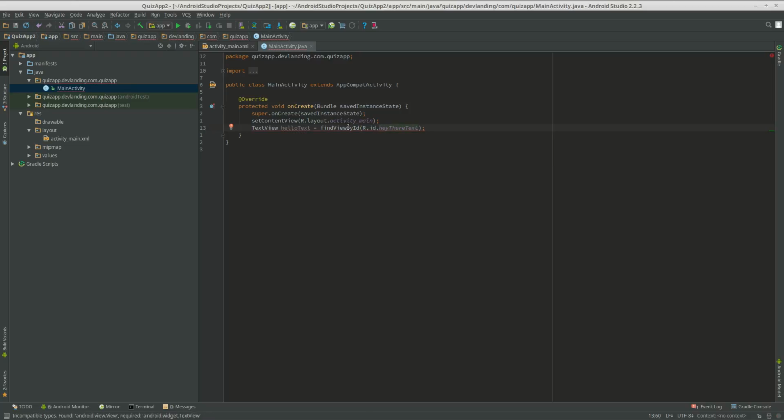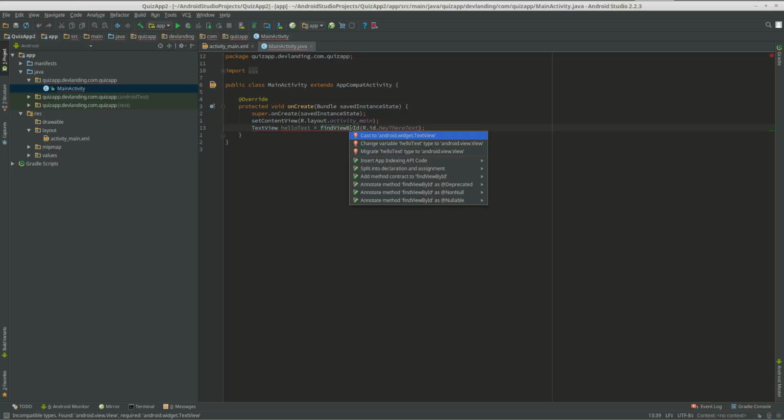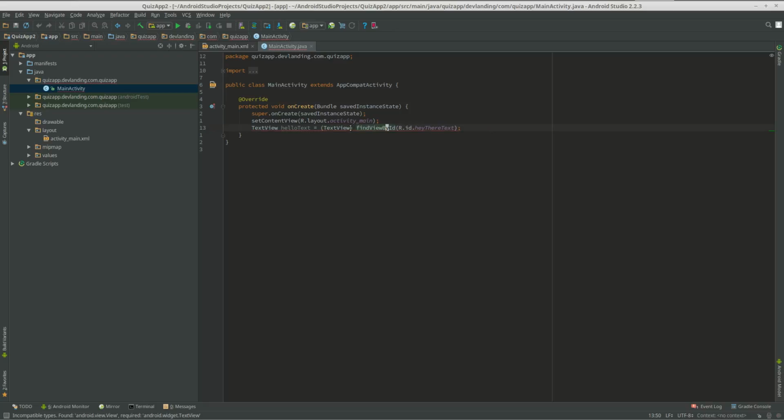Now you have an error, so let's see what that is. We can do alt enter. I see we need to cast it to TextView. That's fine. Now we have a text view in Java. We can edit it. We can do anything we want. So what we're going to do is we're going to kind of make